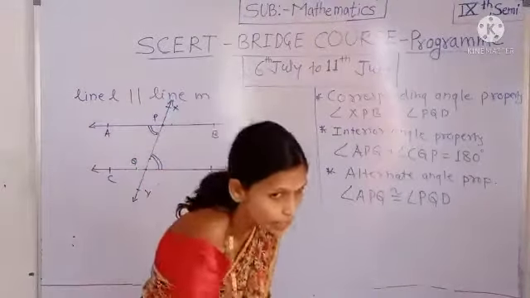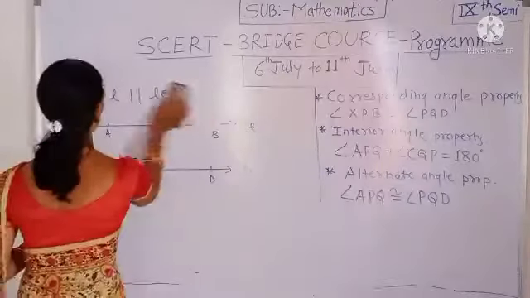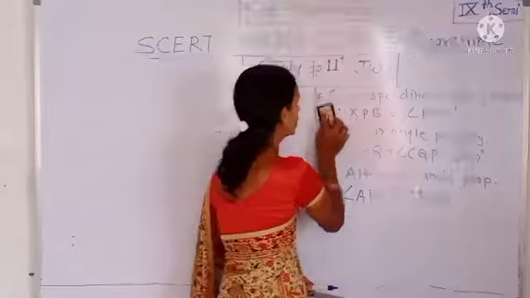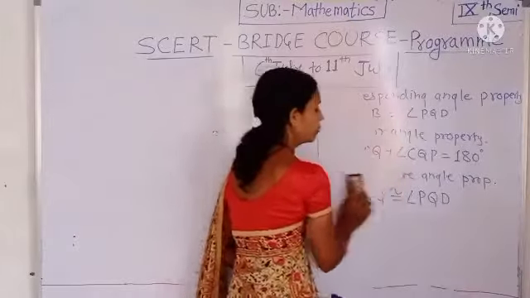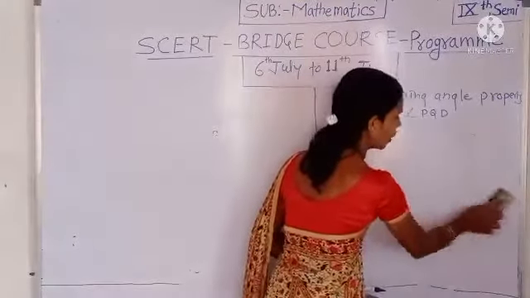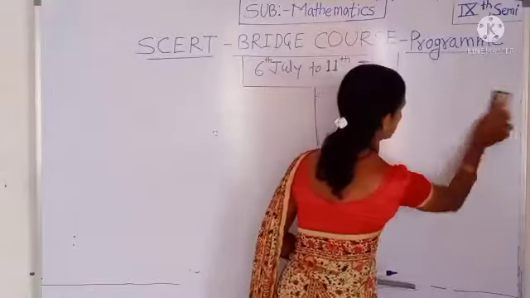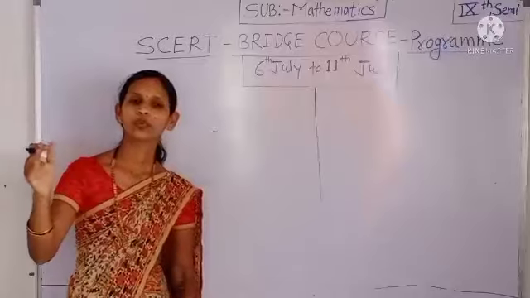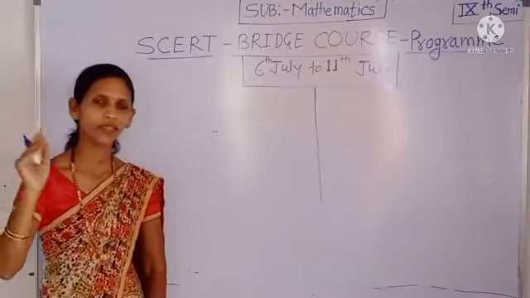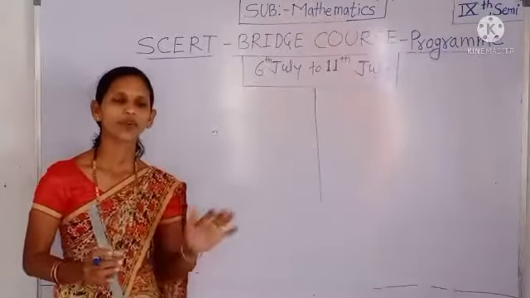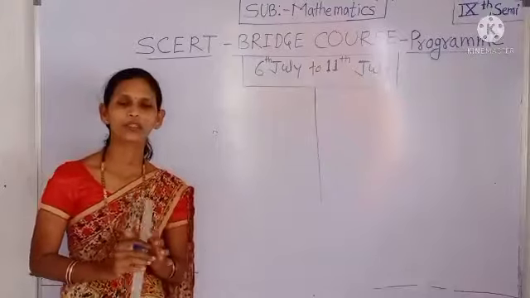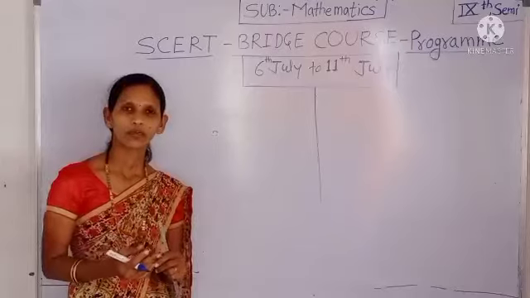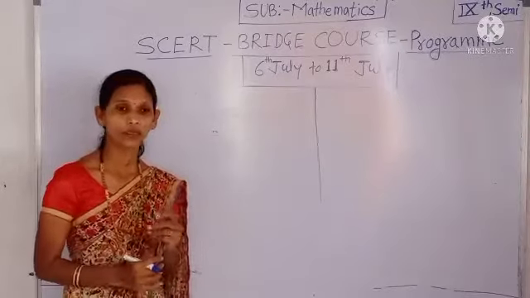Now we are going to discuss a few fundamental properties from Maths 1 concepts. Then on the 8th to 11th day, that means from 8th July to 11th July, in those days